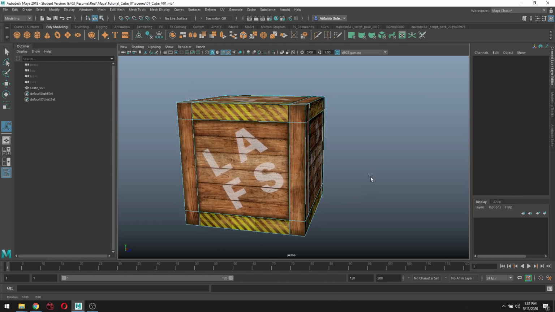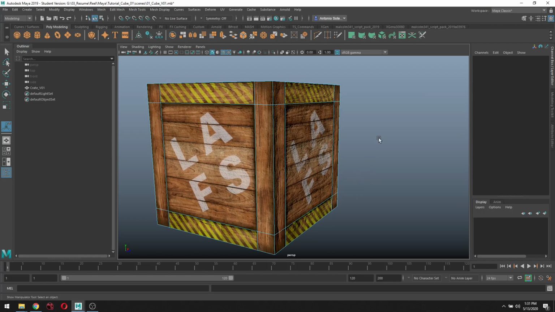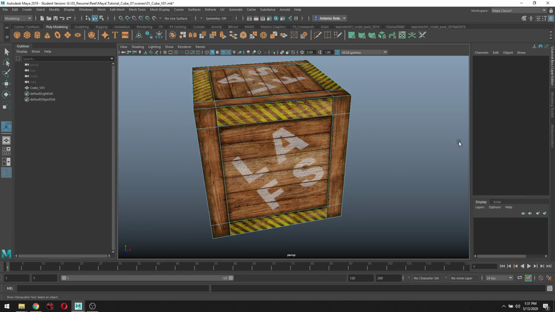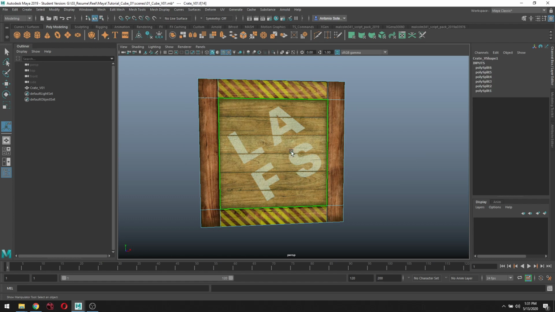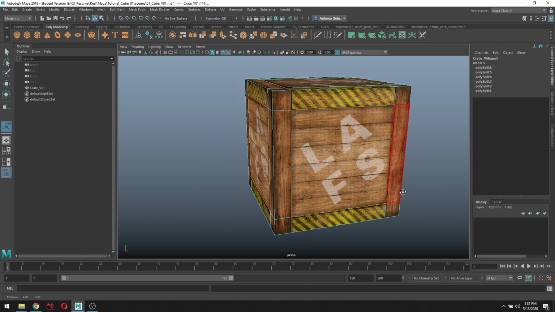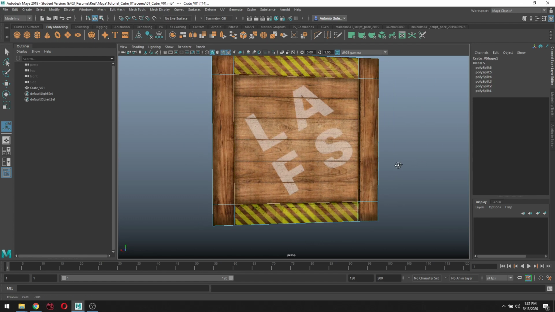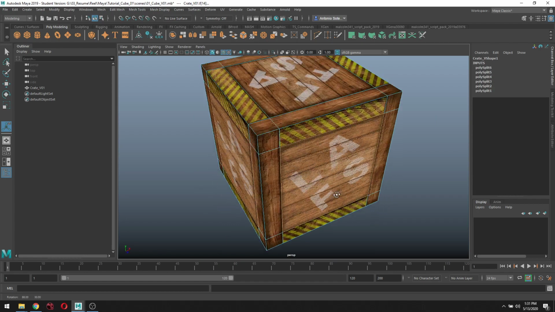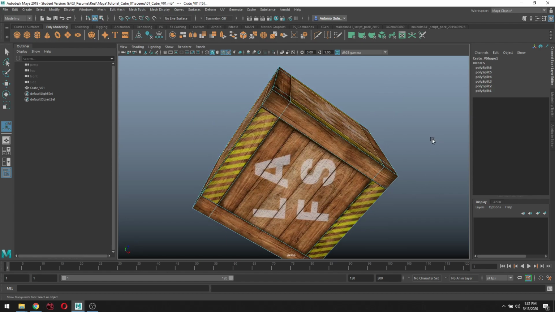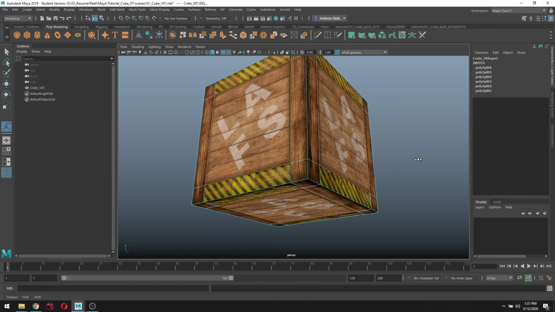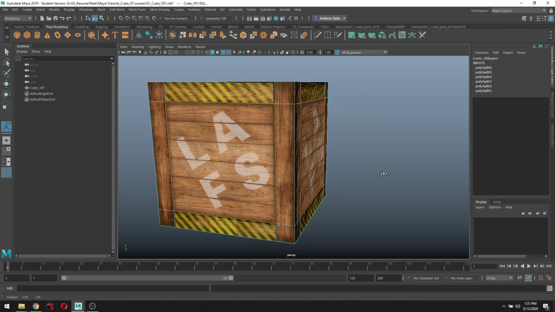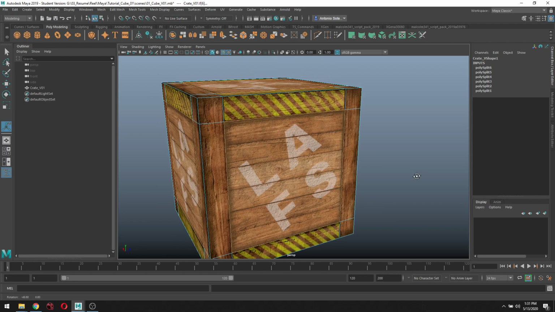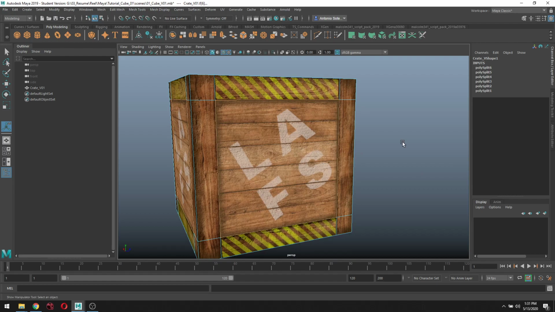Okay, welcome back. Again, we're here with our faces selectable, and we're going to select all our faces, our center faces, top and bottom as well. Now remember, we need to extrude inward. So once I select all my faces, I'm going to